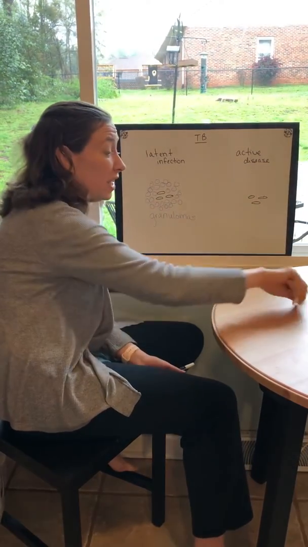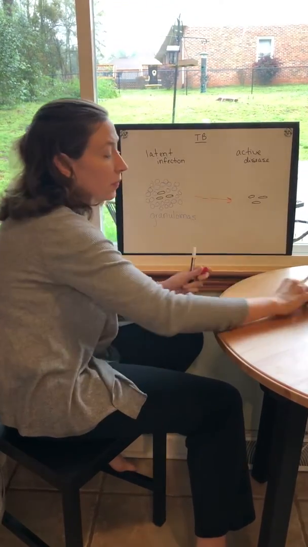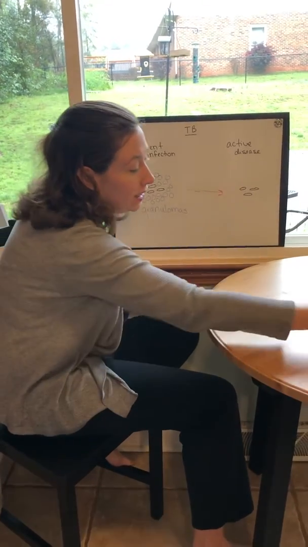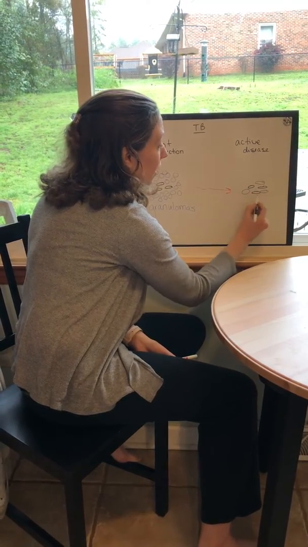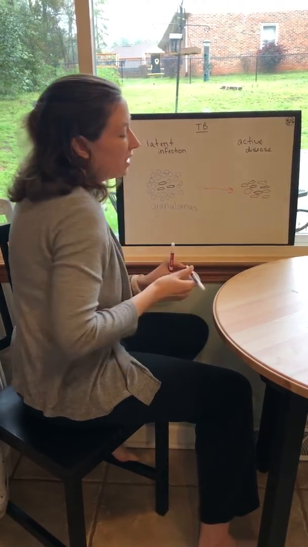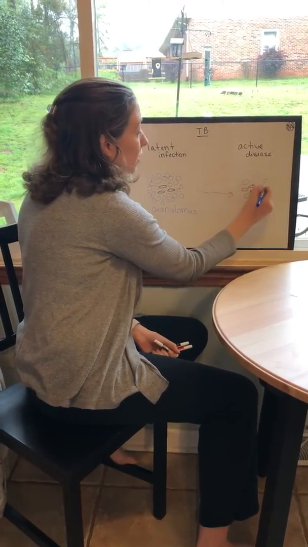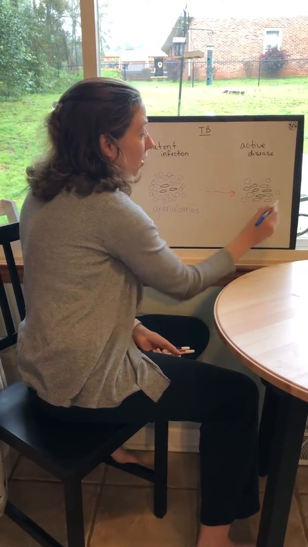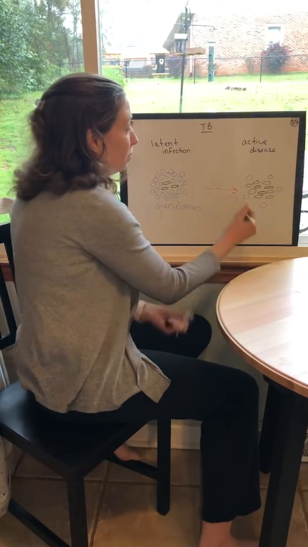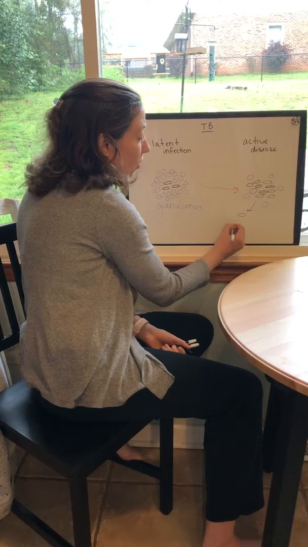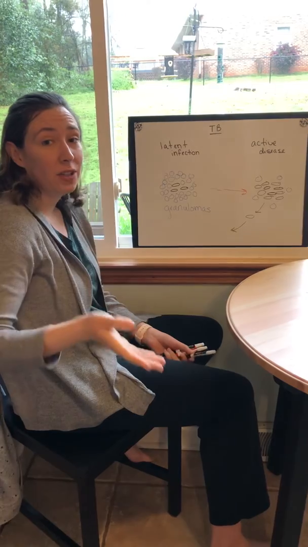Now, if something changes in your body, you become immunocompromised for some reason, then what can happen is the conditions inside the granuloma break down and the bacteria are able to start replicating again. This either happens because something has changed or because you've started losing some of your immune cells. You've become immunocompromised. When this happens, the bacteria not only increase in number, but they now can disseminate or get out into your lungs, and from your lungs they can enter into the bloodstream and they can actually cause systemic